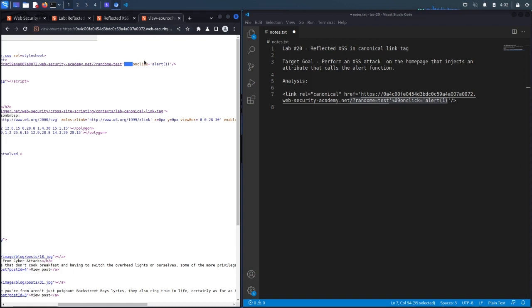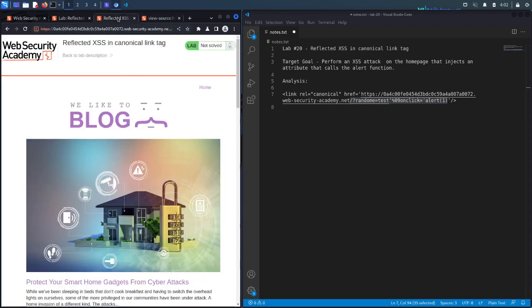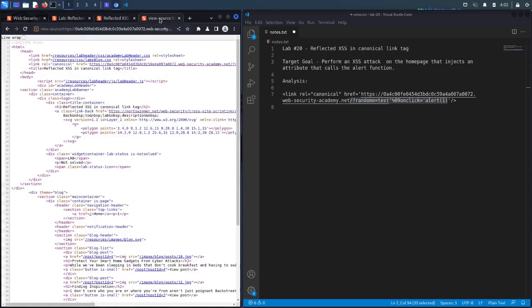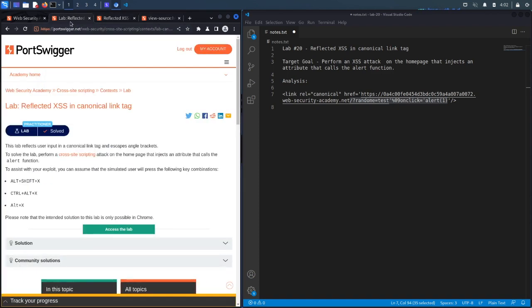Perfect. So right now I am running into one issue, which is that this link over here is not actually displayed on the page. And so I need a way to trigger this element over here so that I could execute the alert function. And that's why over here they said to assist with your exploit, you can assume that the simulated user will press the following key combinations. And so when the user presses Alt-Shift-X or Control-Alt-X or Alt-X, what'll happen is I needed to trigger this alert